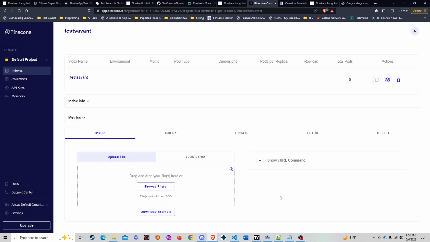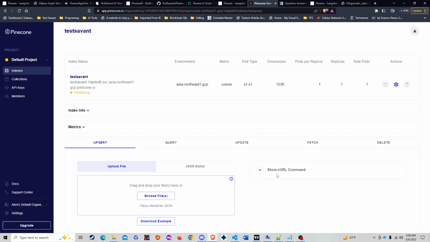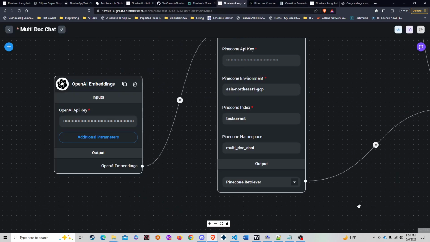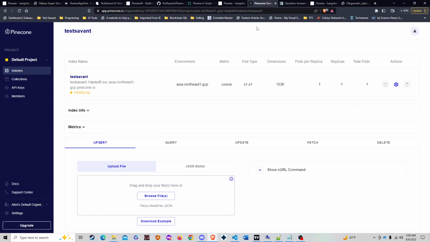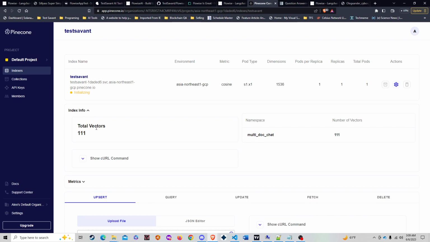All right, we're going to do create index, and it's going to give us an environment here, which in my case seems to be Asia Northeast 1 GCP. And let's make a note of that, because when we go into Flowise, we've got to make sure that the Pinecone environment that we're selecting is that. All right. And once this gets created, you're going to be able to see that our index,